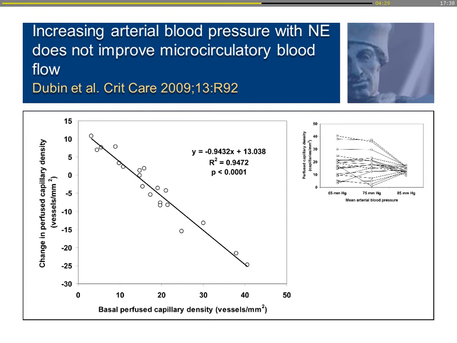And correction of a problem, there are many methods already published that will correct an abnormal microcirculation. For instance, this one, I just took one because I don't have the time to go into all of them. If you have an abnormal microcirculation and you have low blood pressure, it makes sense to see whether an increase in blood pressure might correct your microcirculation. And in the study from Arnaldo, it was clear that in patients with abnormal microcirculation and abnormal blood pressure, it made sense. If your microcirculation is normal and you correct a low blood pressure, that's not good. It will decrease your microcirculation.